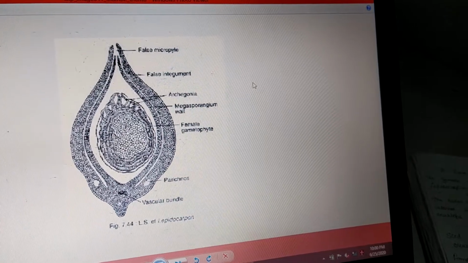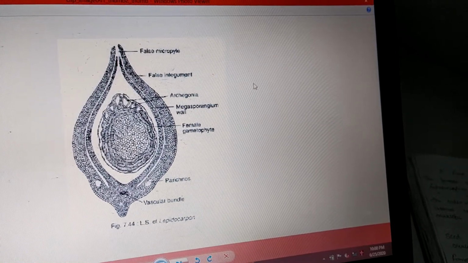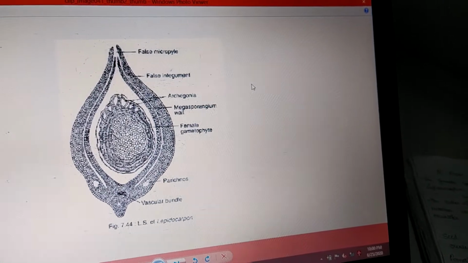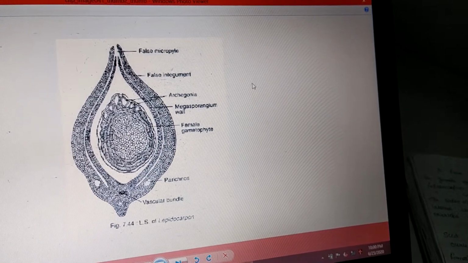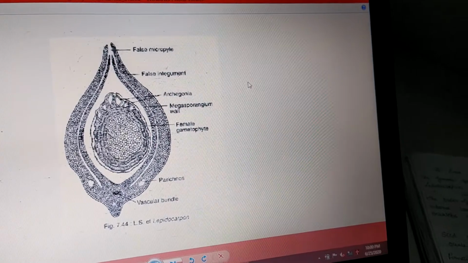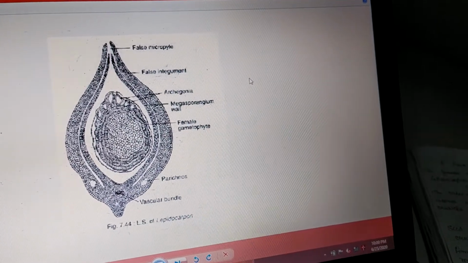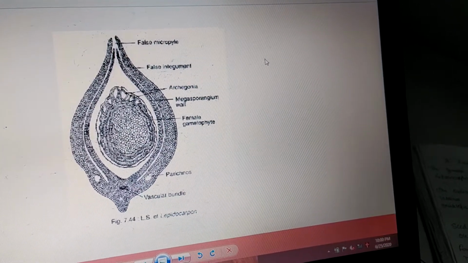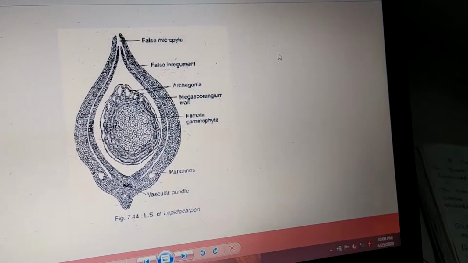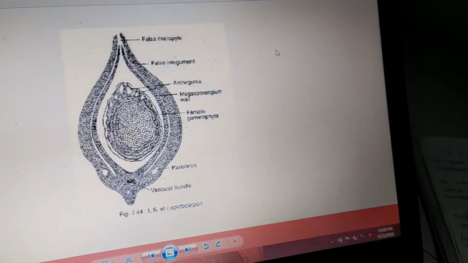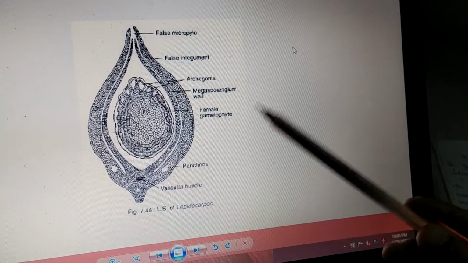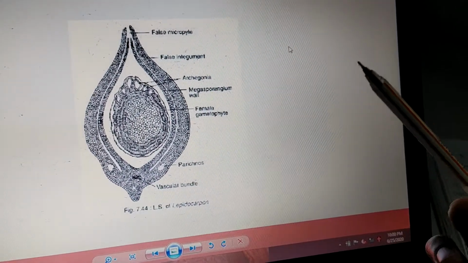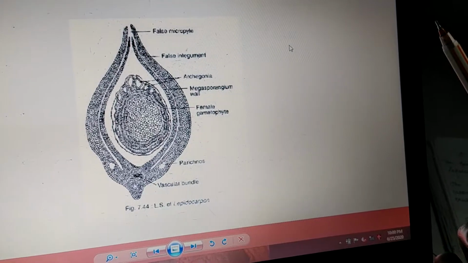However, it does not reach the level of the seed ovule because the basic characters of the seed, that is the ovule, are totally absent in the lepidocarpon. These include the megasporangium wall of the lepidocarpon being dehiscent, whereas it is indehiscent in the case of the seed ovule. Here it is going to dehisce easily, whereas it is indehiscent in the real seed.